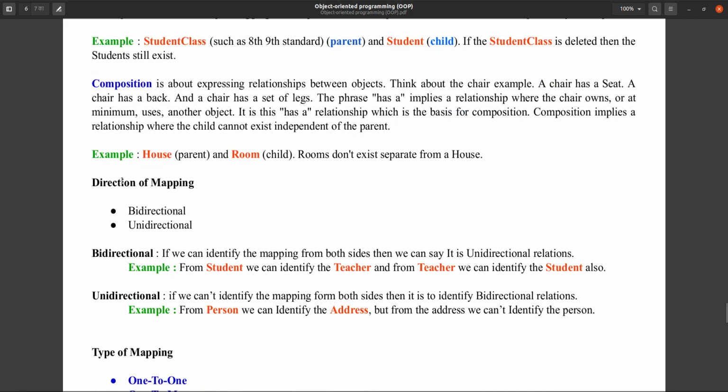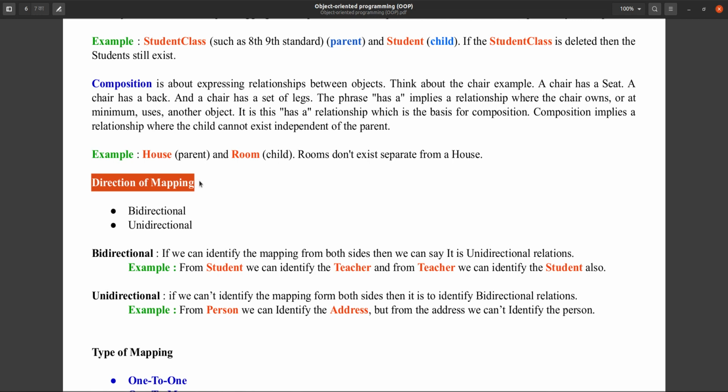So next is the direction of mapping. What does direction of mapping mean? Suppose from the student we can get how many teachers are teaching that particular student.